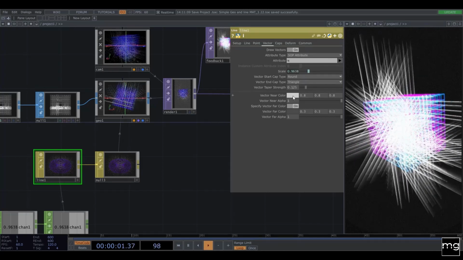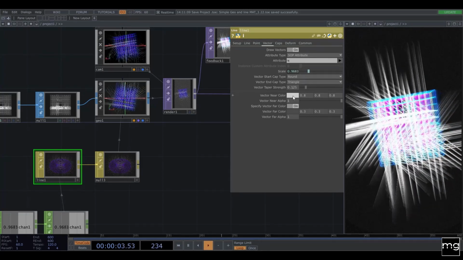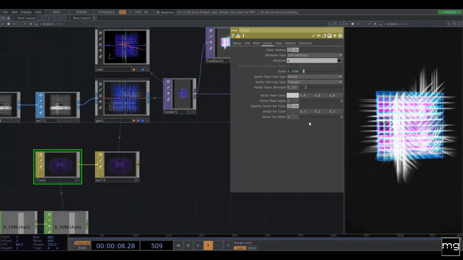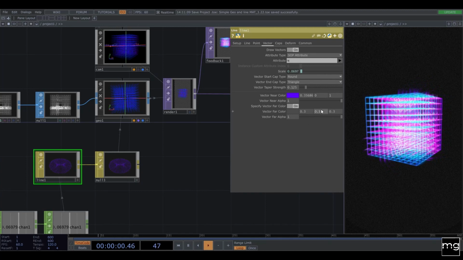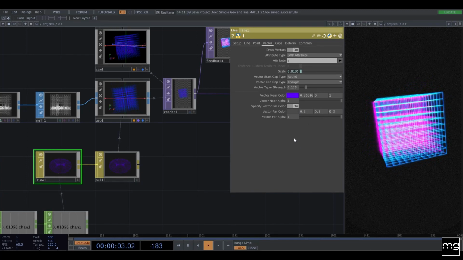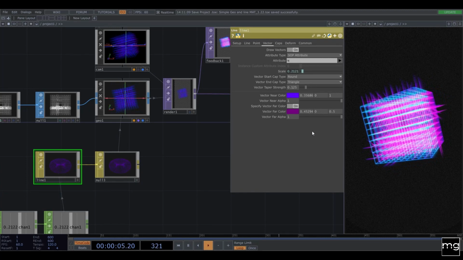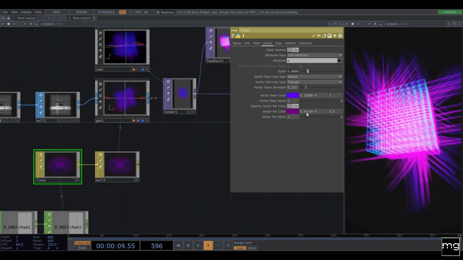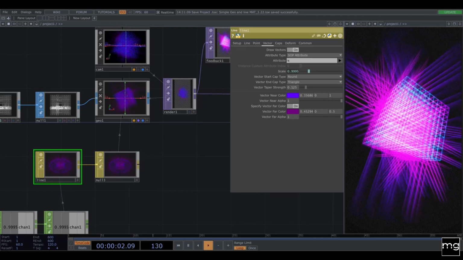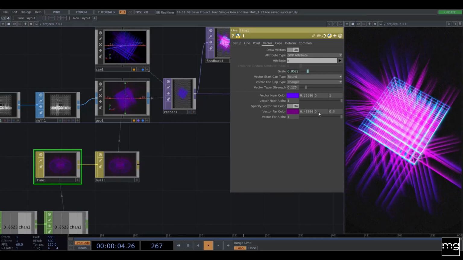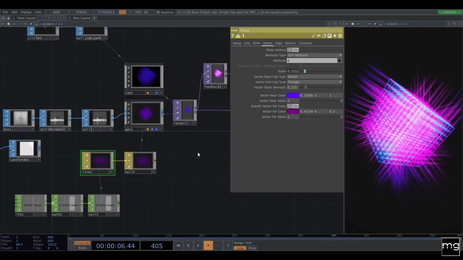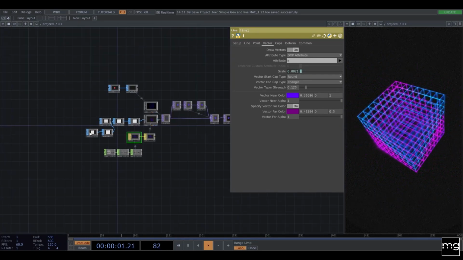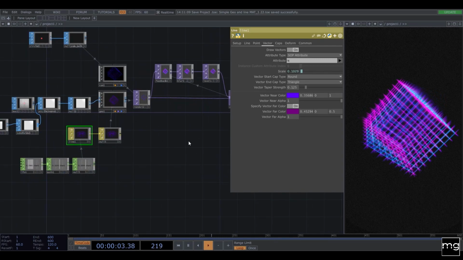This is the vector, so if you want to also play with the color of the vectors, like the lines, this is the place to go, so you can do something like that and something like that. So you're going to start having a little bit more flexibility with your effects.